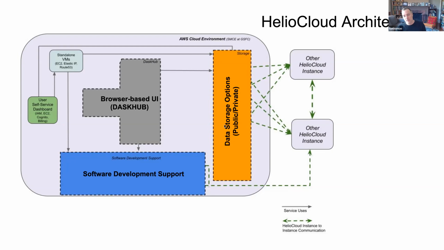So this is where, from the NASA point, 8 petabytes of public data, but also private team data, is available here. There's some bursting into standalone VMs, and then also software development support. So this is where users might create a notebook and share it on a binder hub, which would be in this blue box, or they create their own tool